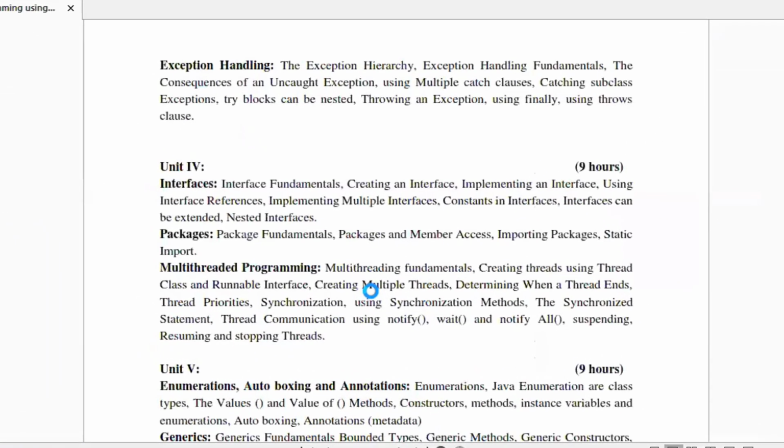Import dot. Import is a keyword, right? After import, it will be looking for a folder path.